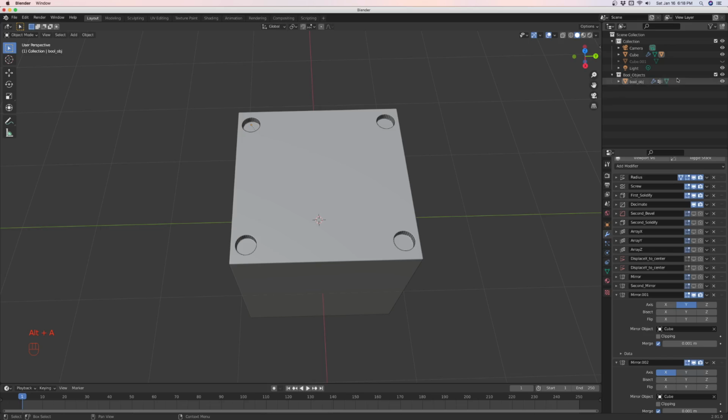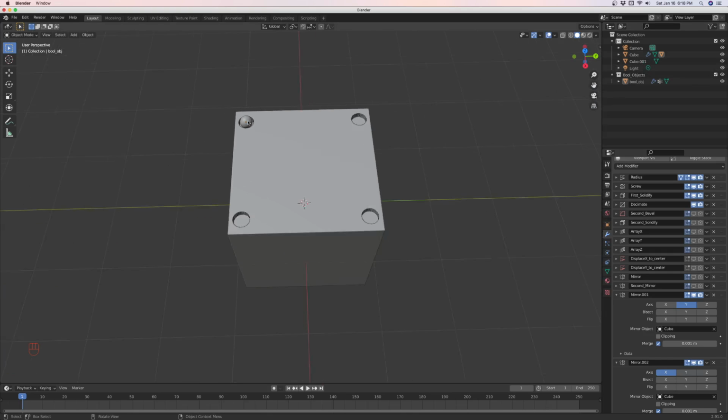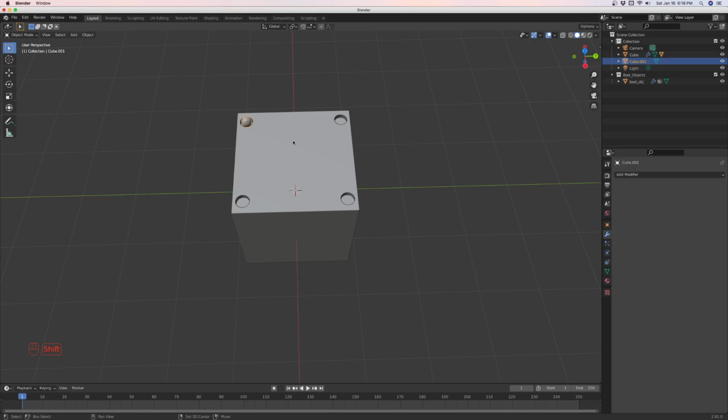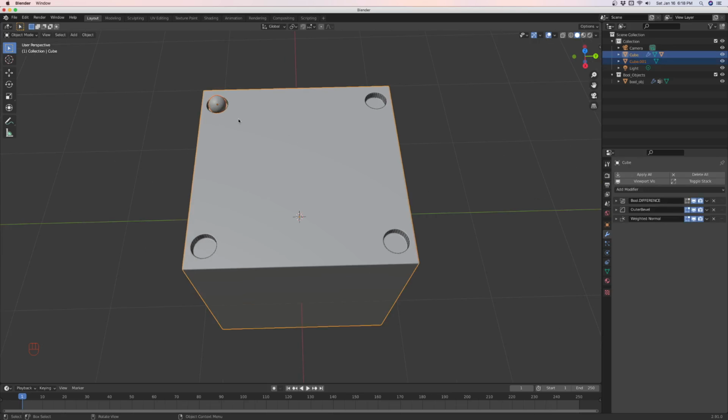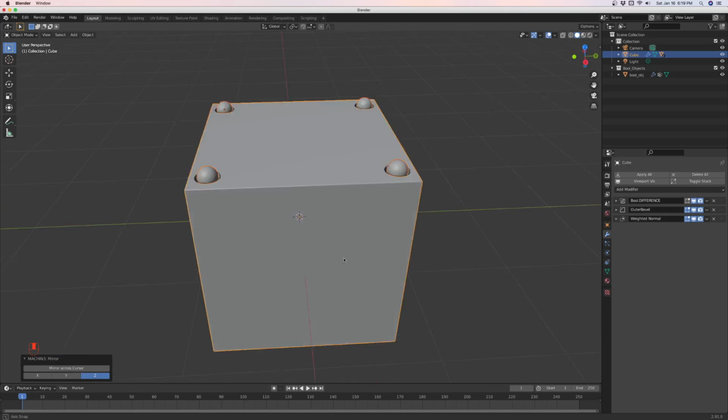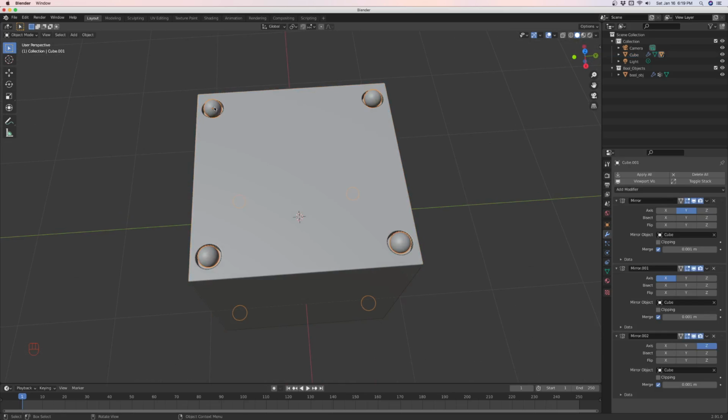Now, it also works for objects. So I've got an object here, and let's say we want to mirror that. So we select that, and we select the object that it's going to mirror on, making it the active object. To do it across the Y, we do Shift Alt Y, and on the X, Shift Alt X, and then down on the bottom is Shift Alt Z. And there it has mirrored. So this object is just a simple mesh object, and as you can see, it throws three mirror modifiers on there